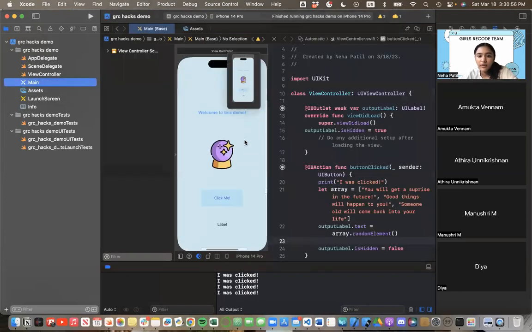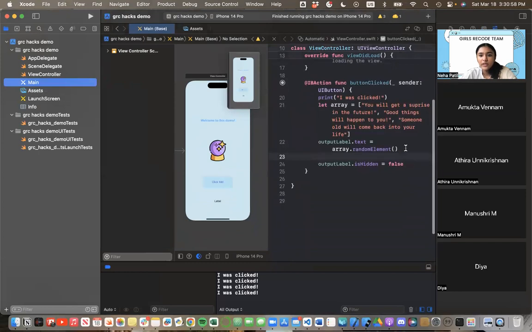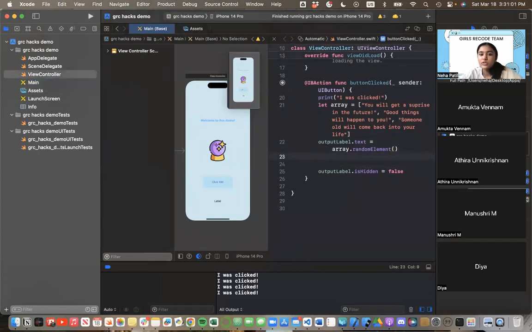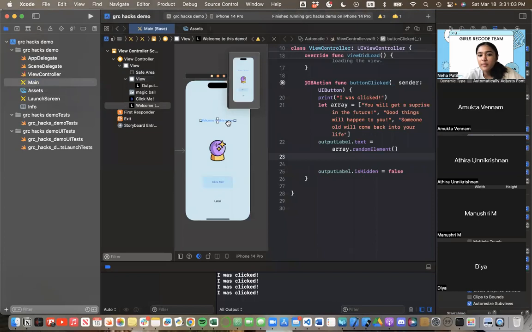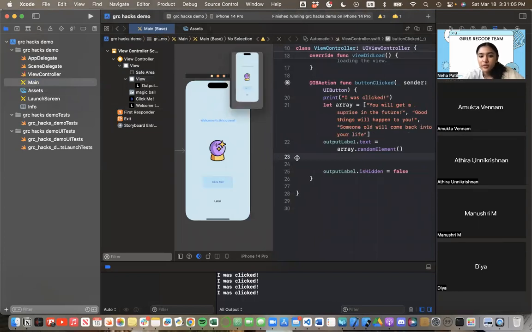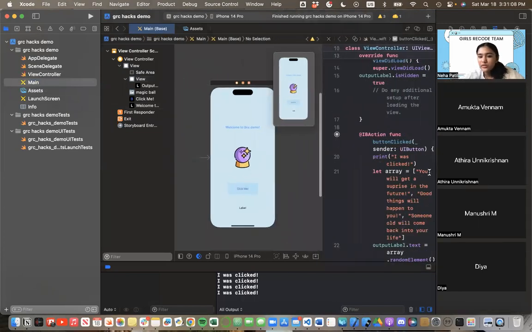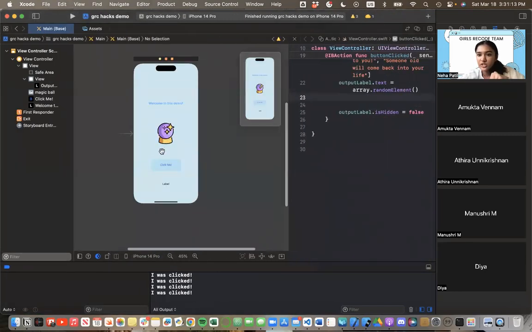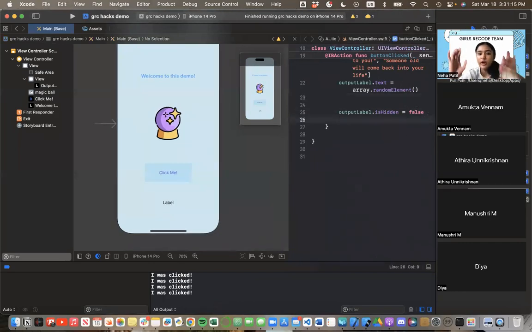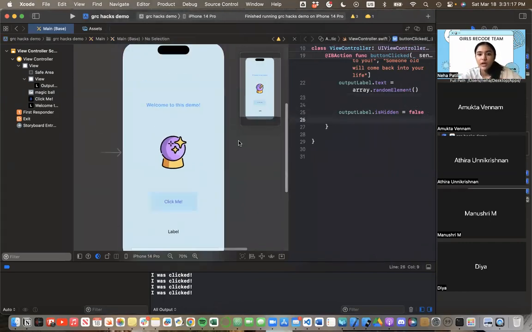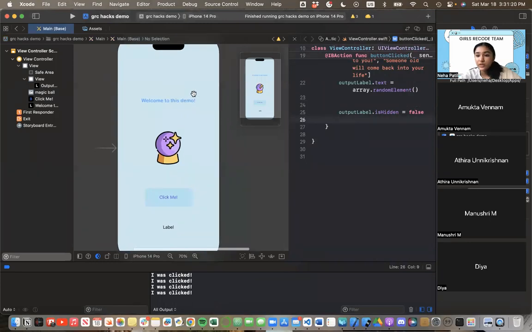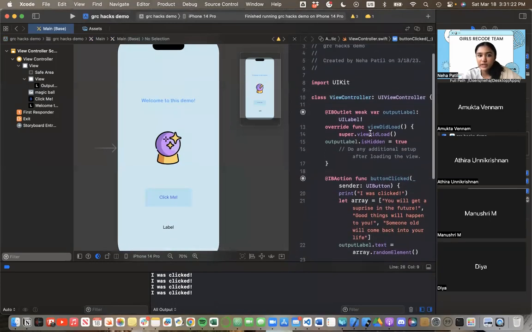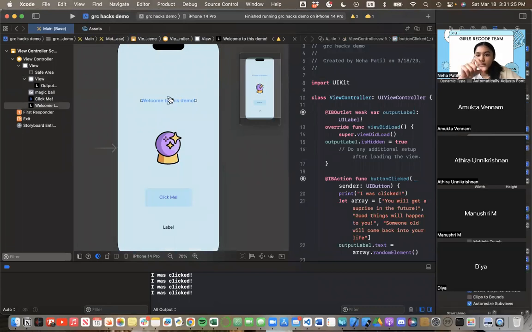You can do a couple other things with this. When you click on the button, if you want to change the text of "welcome to this demo," you can do that. If you want to change the color of some things, you can do that. All you need to do, for any code when you're changing something, is define what you're changing. For me, I would be changing this label, but because we haven't already set it as a variable in our code, I'm going to have to do the same thing I did before